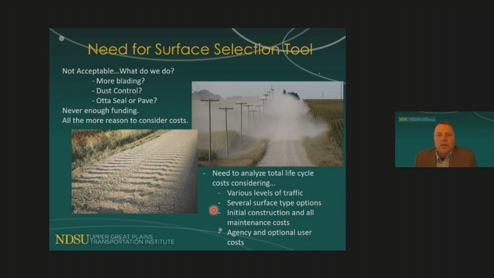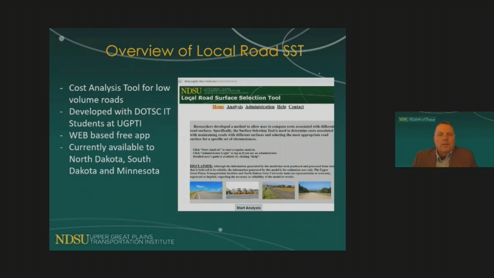The cost to the user is probably higher on a gravel road than it is on a paved road. So we can factor that in with some of the options in the tool. So just an overview of the local road surface selection tool. It's basically a cost analysis tool for low volume roads, using life cycle cost and all the different types of